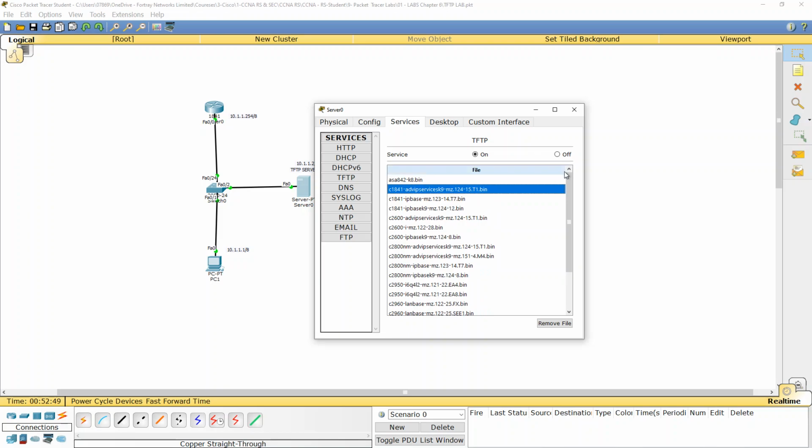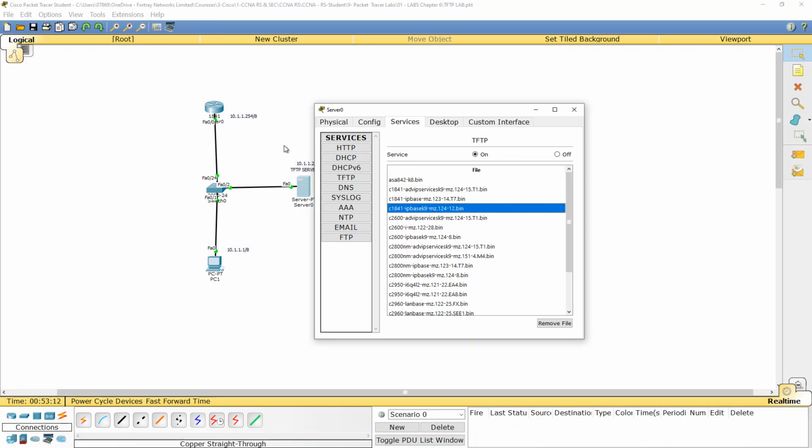You can turn the service on, off. So you need a server, you need a router, and you need a TFTP server. On the TFTP server, you can take the configuration backup as well, and you can upgrade or downgrade, or you can change the operating system as well on the Cisco router. So for example, let's say I'm going to take the backup.